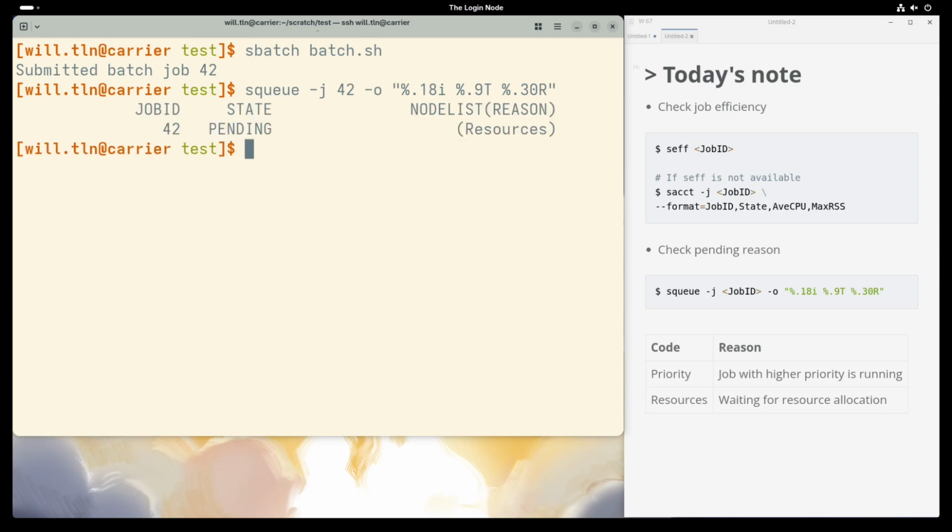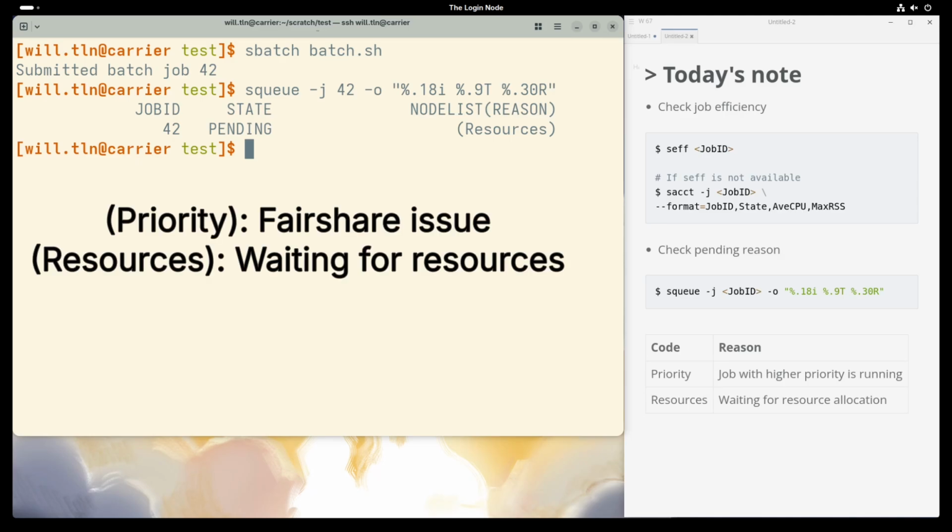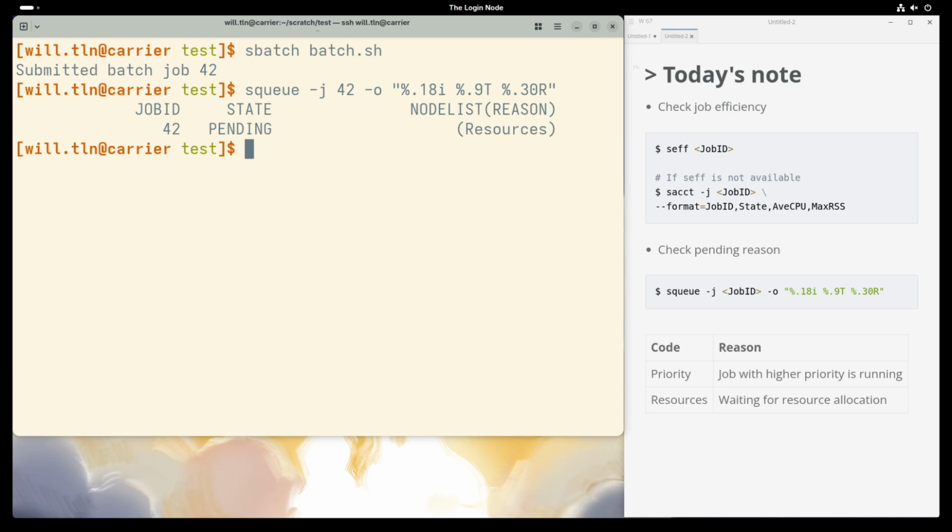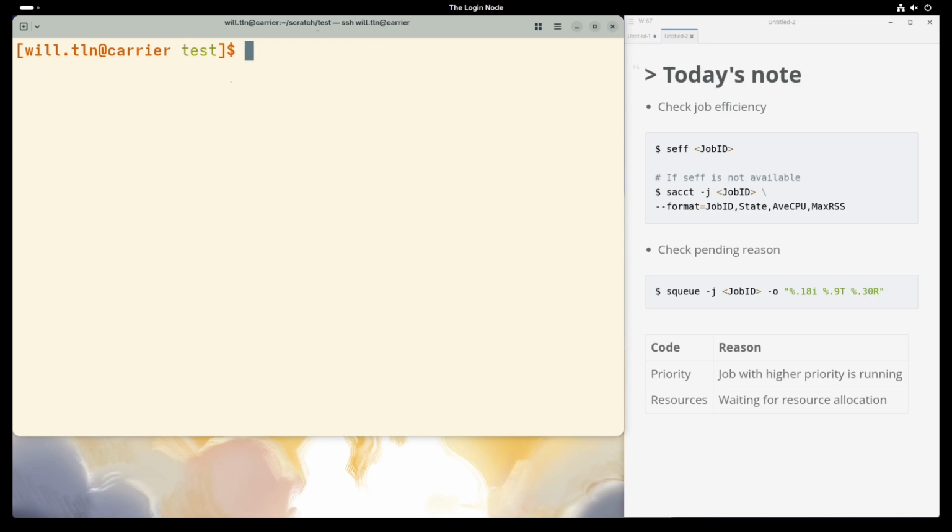This prints the scheduler's reason hint for why your job is waiting. Priority. This is a fair share issue. It's like a karma system. If you use the cluster a lot recently, your priority goes down. Just wait. Resources. The cluster is simply busy. So don't panic. Usually, you just need to wait.